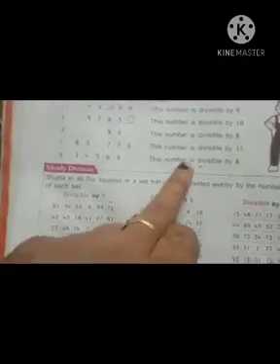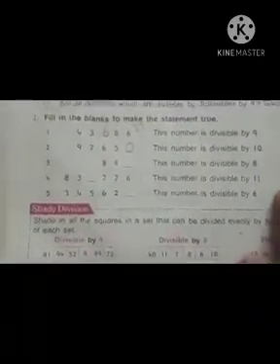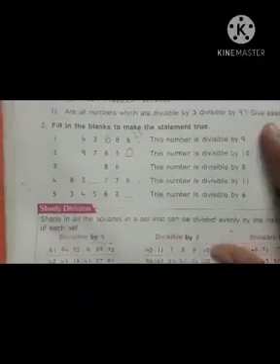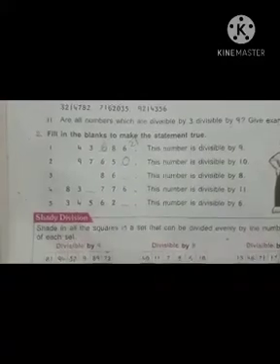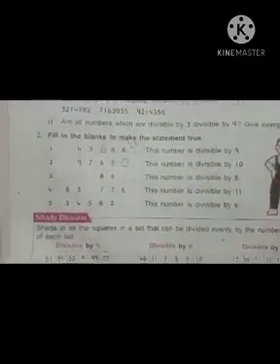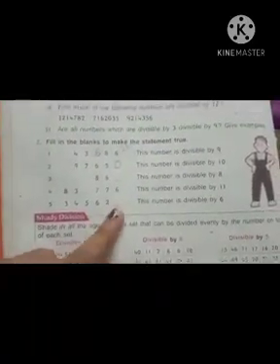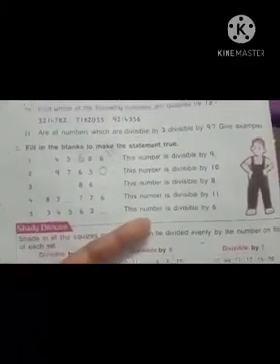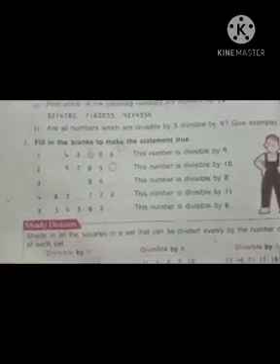34562 dash. This number is divisible by 6. Divisibility rule by 6 means what do we have to do? The statement is that it must be divisible by 2 table, and again it should be divisible by 3. If it is divisible by the 2 table and the 3 table, then it is divisible by 6. Isn't it, children? You also go through this one. I already told in class. Once again you have to go through the statements and read them all. Afterwards write these 3 blanks. These 3 blanks are homework.